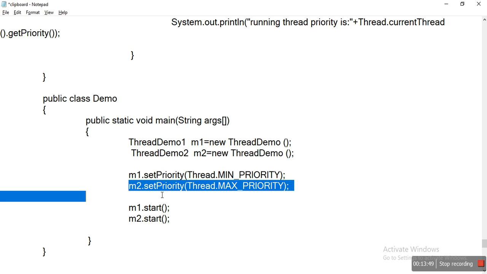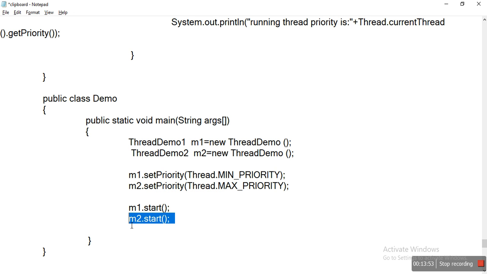That is why m2 gets executed first, then m1 starts its execution. The numeric constant for max priority is 10. So min is 1, max is 10, norm is 5.